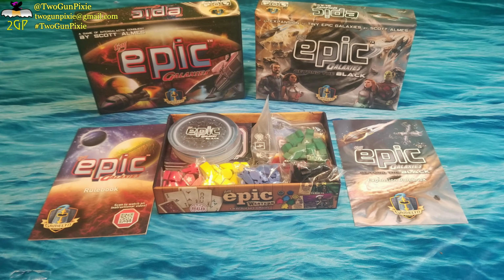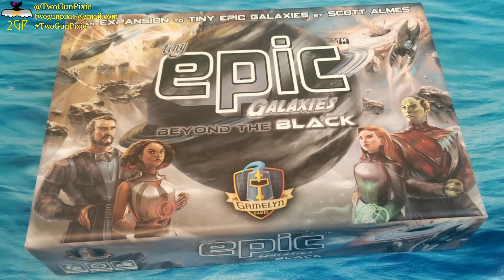Now, the expansion, Beyond the Black, they added 3 very interesting things. Now, me and the 20-Sided Warriors have said this over and over again, and we're always in agreement with this, that Beyond the Black feels like it's so seamless it could have just been part of the base game. But then it wouldn't have all fit inside the small box. Alright,